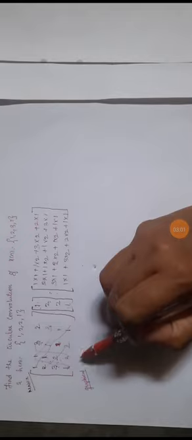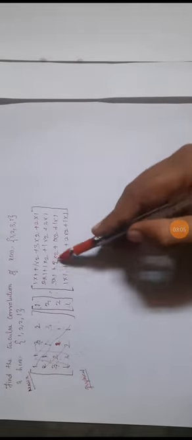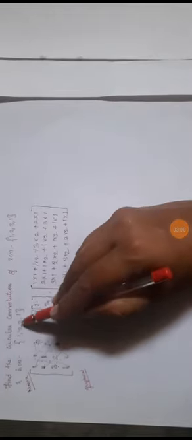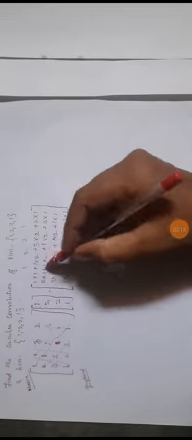The next it is 2, 2, 2. Next 3, 3, and here it is 3, 3. So the diagonal elements should be the same. If we have correctly drawn this matrix, it should be the same. The next, after checking it, you see h of n is 1, 2, 2, 1. So it is 1, here it is 2, it should be the 2, it should be the 2, and it should be the 1. So the h of n element values, they are the same values.